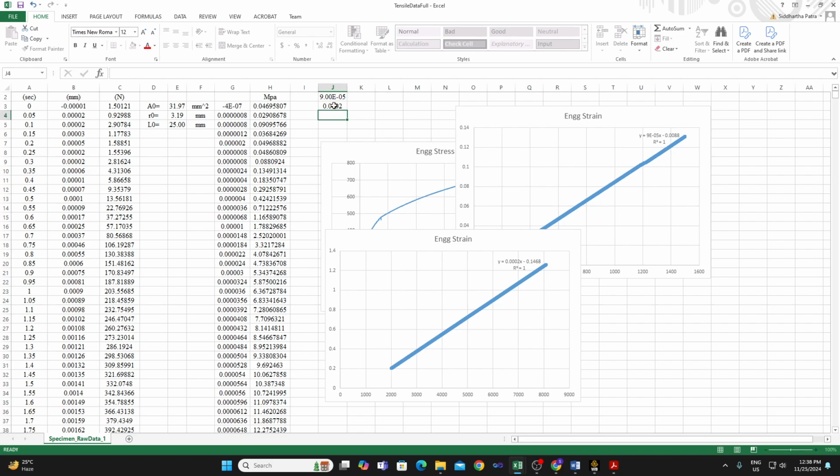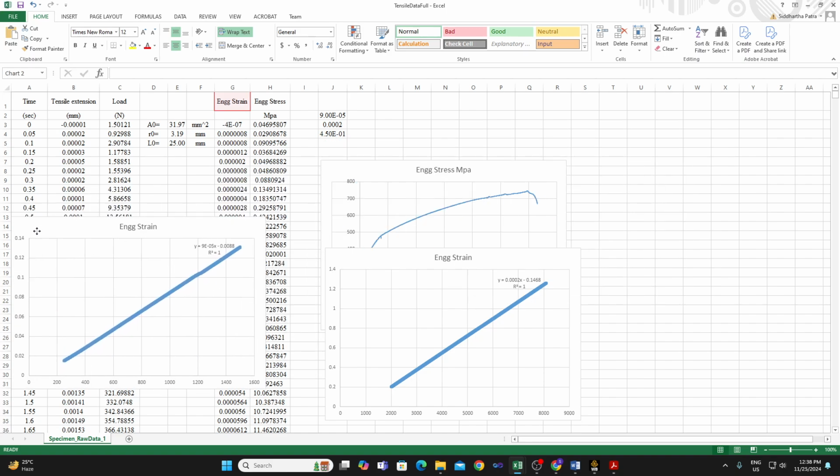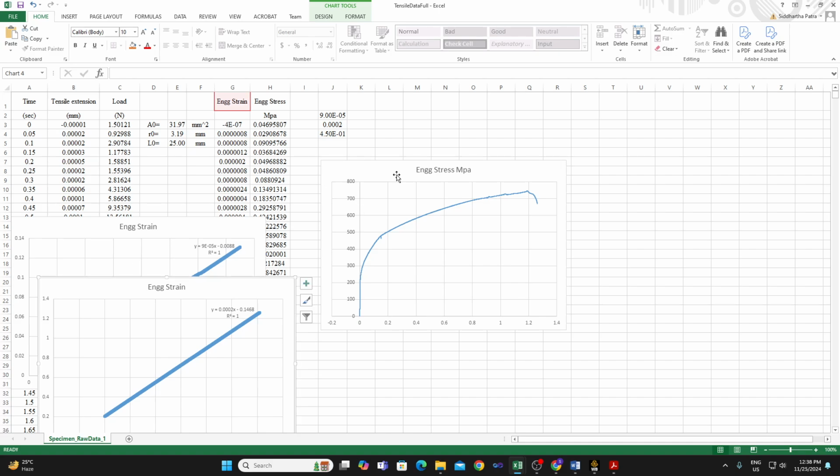So we need to find a correction factor for our engineering strain that is over and above 15%. If you recall, the 15% of engineering strain was the strain where the extensometer was removed, and that scaling factor would be simply this divided by this. Okay, so this factor we will multiply with any additional strain that is happening to the specimen beyond 15%. If you put these set of plots to the left,